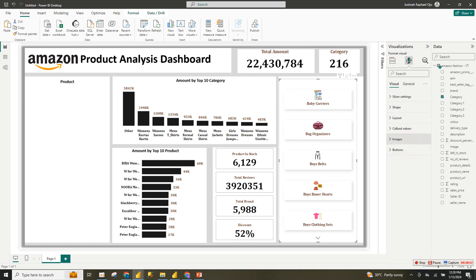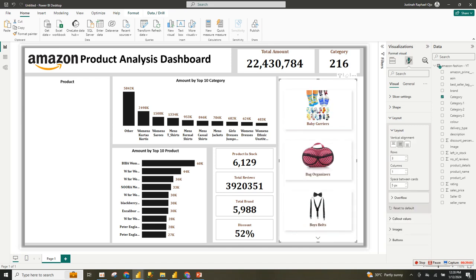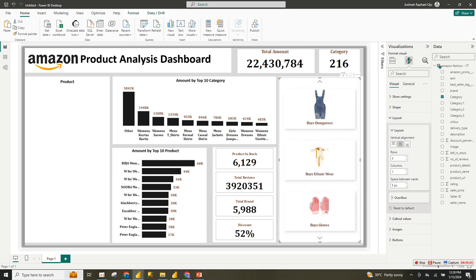So I need to go back to that layout, change this to like 3. Yes, so that it will pop out very well. So now we are good to go with this place. So the next one, you can see now is changing because I use paginated, not continuous. So now the next one